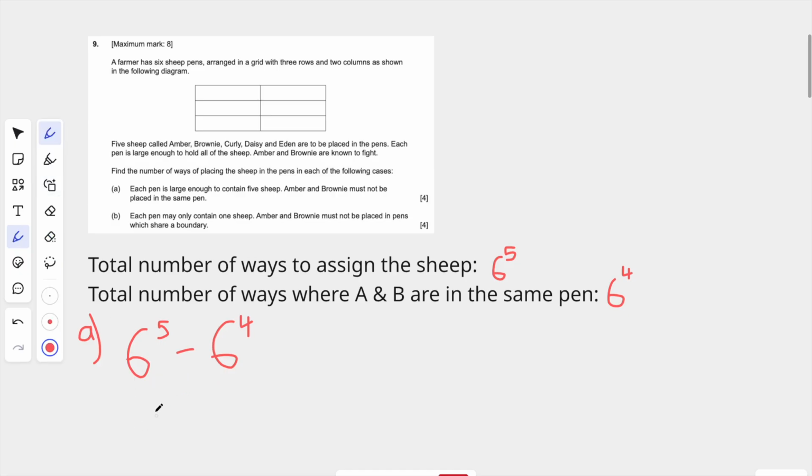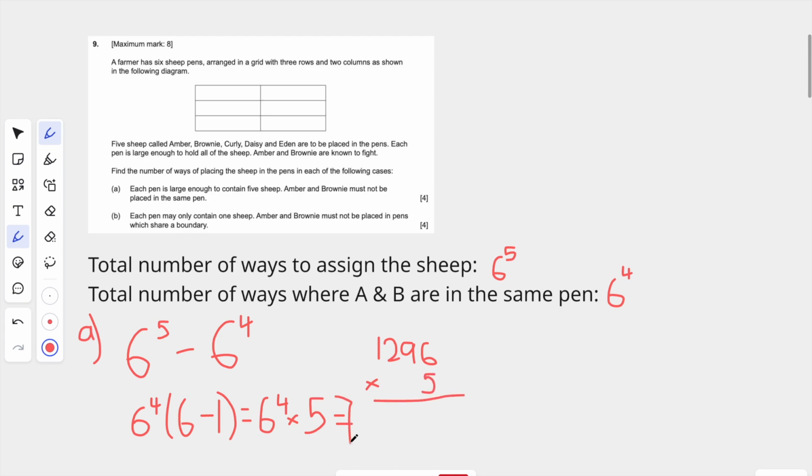If you would like to solve it by hand, you can do something like this. We have 6 to the power of 5 minus 6 to the power of 4. We can factorize 6 to the power of 4, such that we have 6 to the power of 4 times (6 minus 1), which simplifies the question to 6 to the power of 4 times 5. You should probably remember that 6 to the power of 4 is 1296, and then we can just multiply it